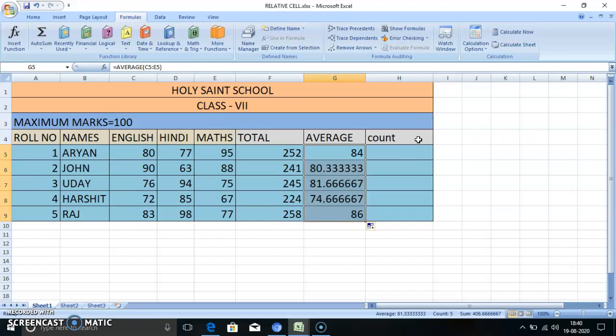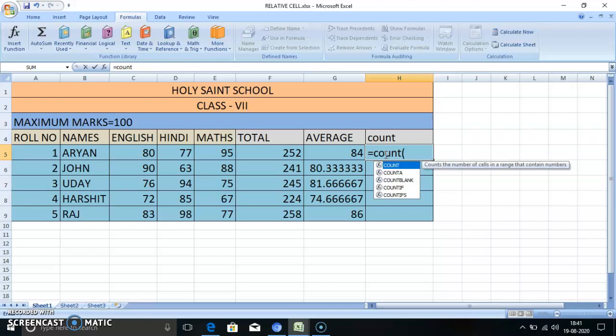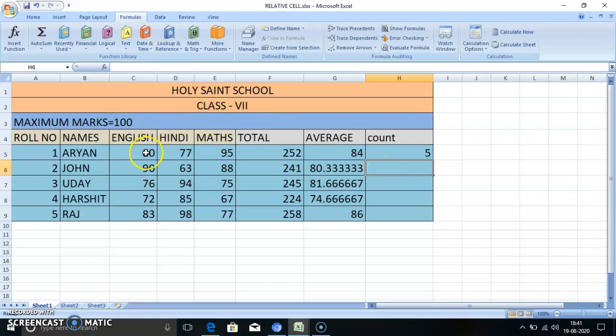Now see the next function, COUNT. What is the use of COUNT? COUNT is used to count the numbers. That means, what is the answer here? How many numbers are there? 1, 2, 3, 4 and 5. For the answer, equals to, you have to put the function name COUNT, then bracket. You have to count from here, range symbol at the last. Now bracket, press the Enter key. It will count 5, that means 1, 2, 3, 4, 5.